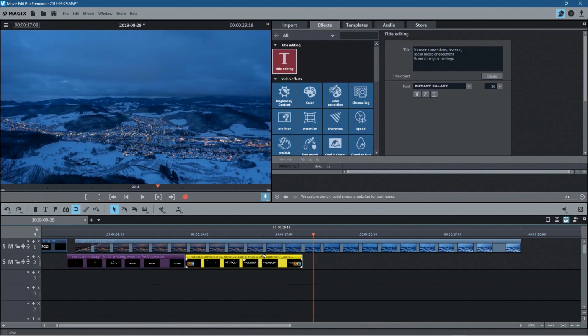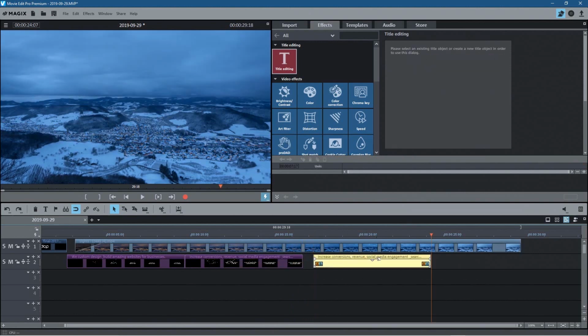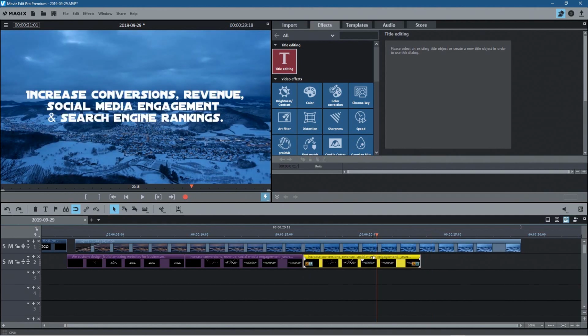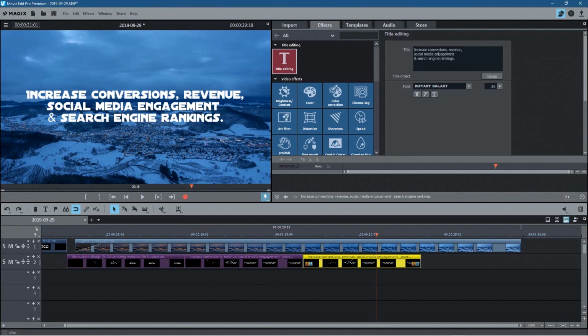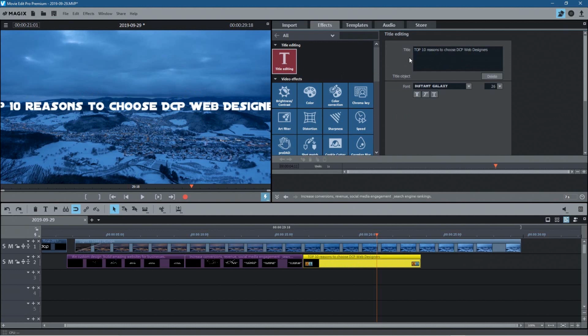So what I'll do is copy this one again and paste it here, and we'll drag back here. We'll click on this text here, and then I want to copy this last one in here. Let's paste this one. This one says top 10 reasons to choose DCP web design. So I'm going to write top, I'm going to do just top reasons to choose